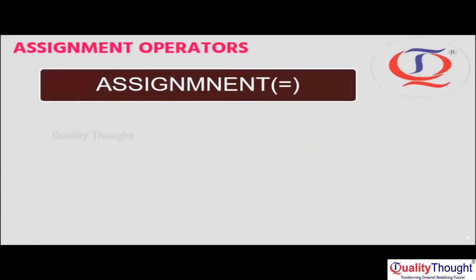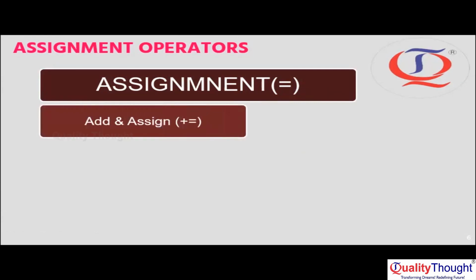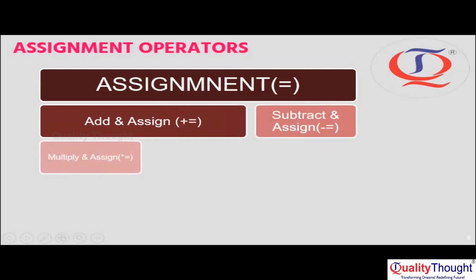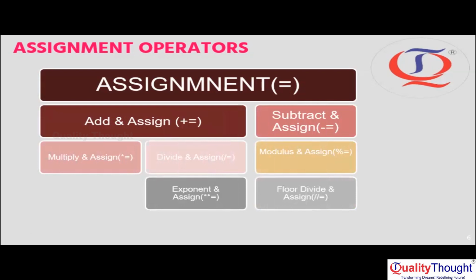Yes. So now the next kind of operator is the assignment operator. The single equal operator acts as an assignment operator. This operator is very useful in most cases to assign the value from a right-hand side value to the left-hand side variable. We also use it in combinations like plus equal, minus equal, star equal, division equal, and all these are combinations